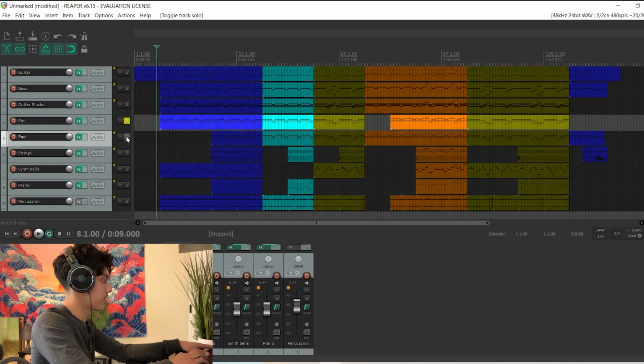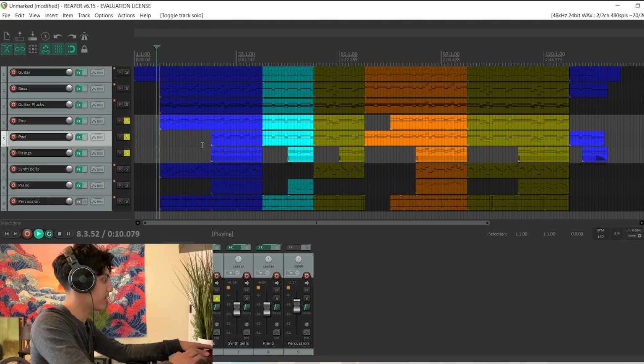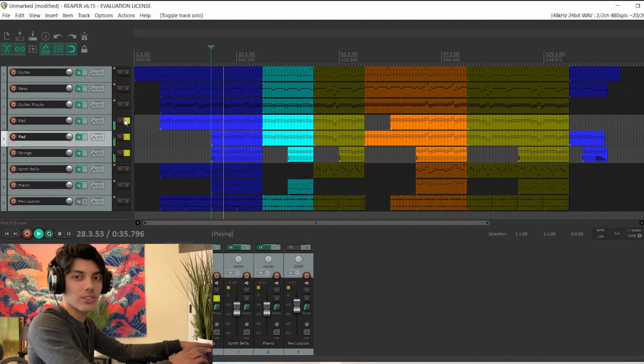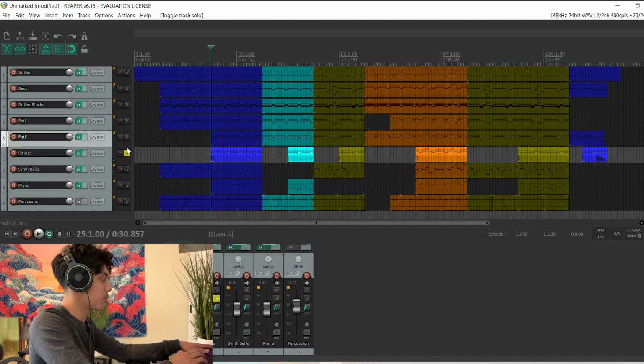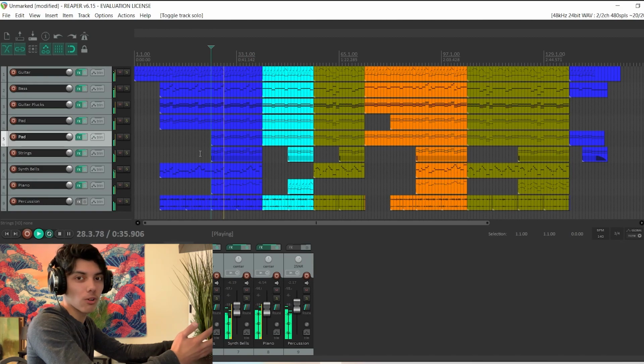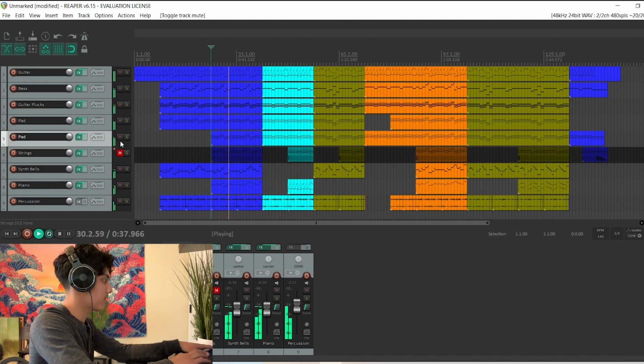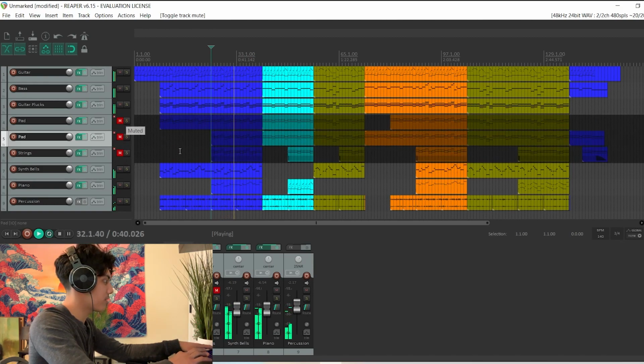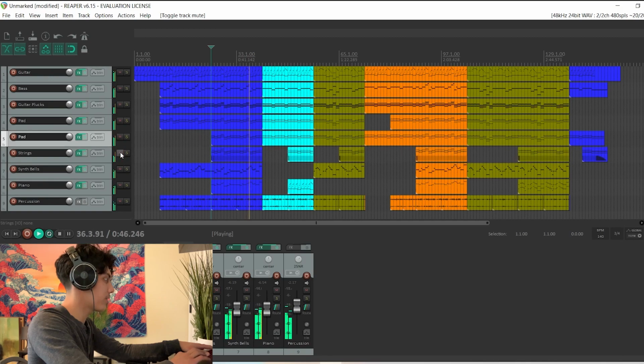I've got these synth pads here and strings. On their own, they kind of sound weird, but when you put it in context with the whole song, it just makes it sound so full and so lively. If I take them out, it's alright, but with them,